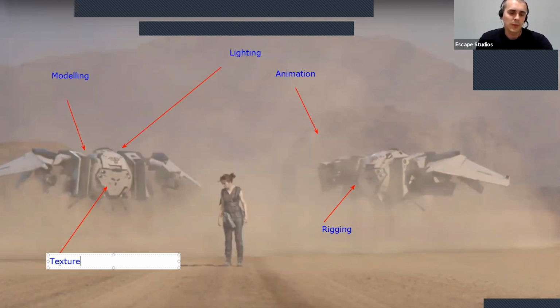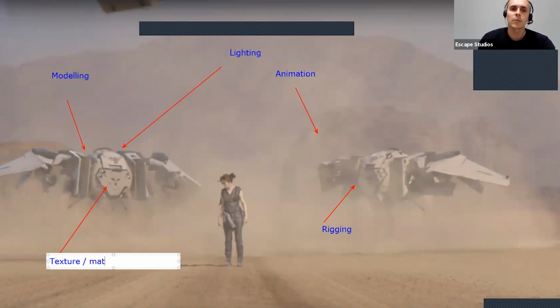Related to texture is something called materials, and materials and shading maybe in bigger places a different discipline. So shading and materials, they refer to how materials actually would interact with light. So you can have rough materials, you can have shiny materials, metallic materials, plastic looking materials, and the texture artist